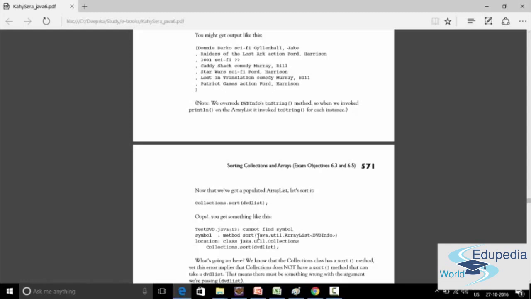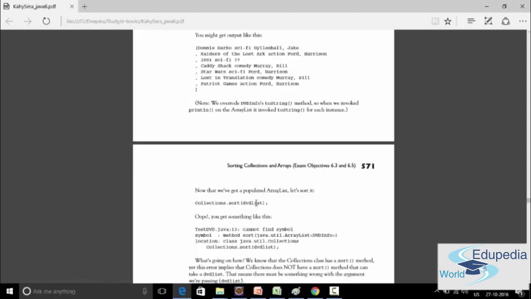Why so? Because collection.sort will only work on the primitive types or the string type. That means on those objects which are predefined in Java, that all those classes that have the implementation of sort. For example, in a string class there is an implementation of sort given. So the collection.sort method can work for a string by taking a string input. So if your array list contains only strings, it will work fine.